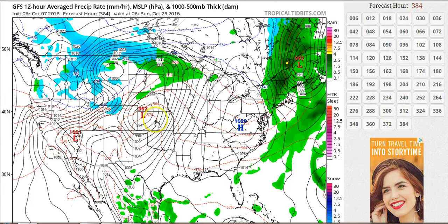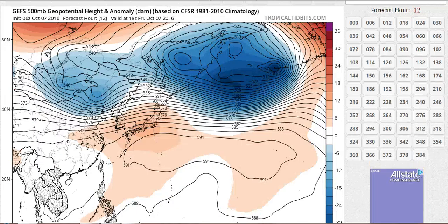You've got another big storm here developing out to the west that would eventually push through as well. So could that be the cutoff low or the start of the cutoff low that it's seen? The hints are there in the modeling, but we have to work out a lot of details between now and then. The bottom line for me, folks, is it looks like October is going to end on the chilly side,